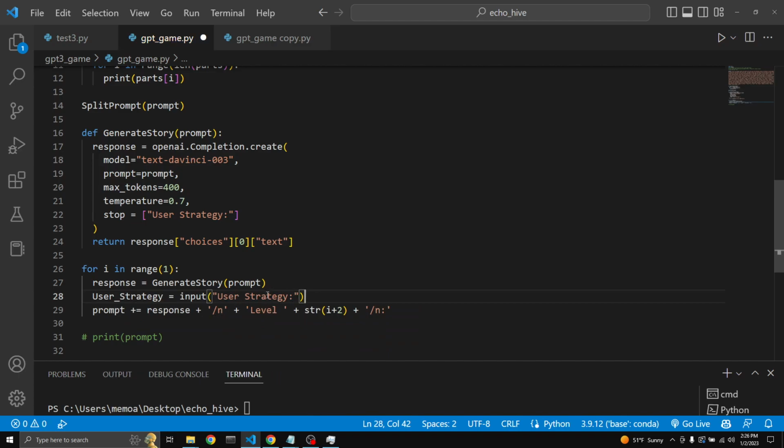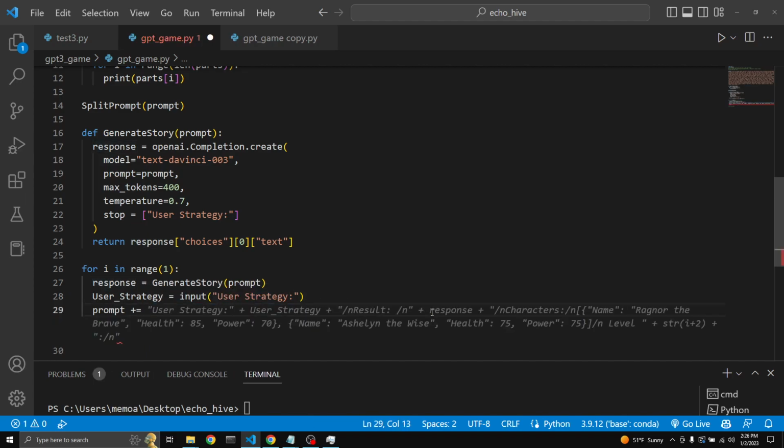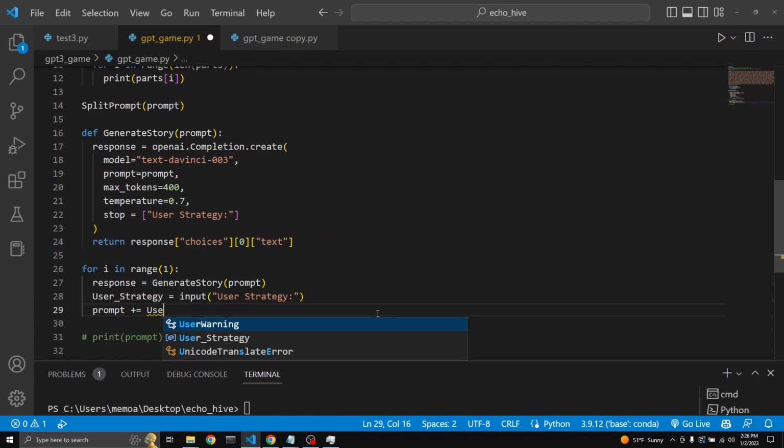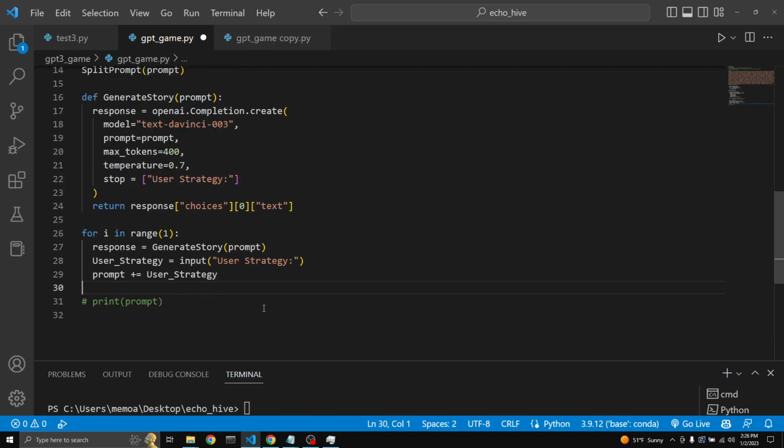So then the user inputs the strategy, then the prompt gets loaded with that user strategy. There we go. And then we send it